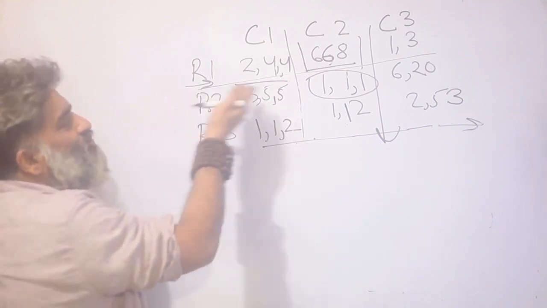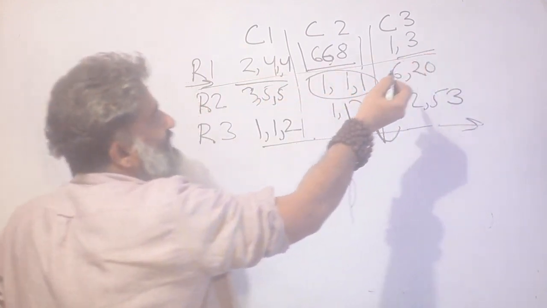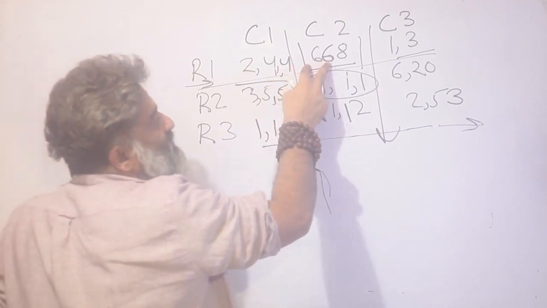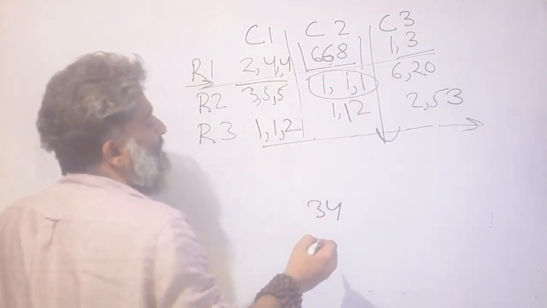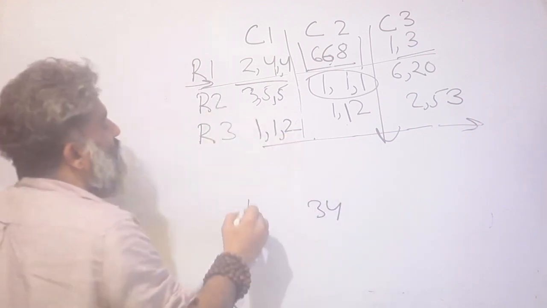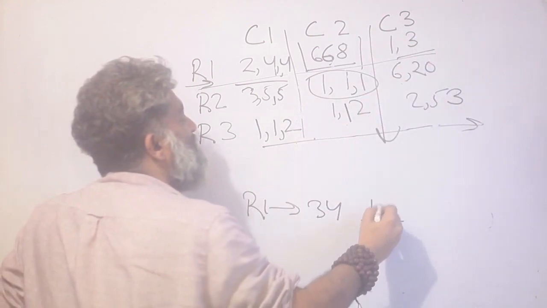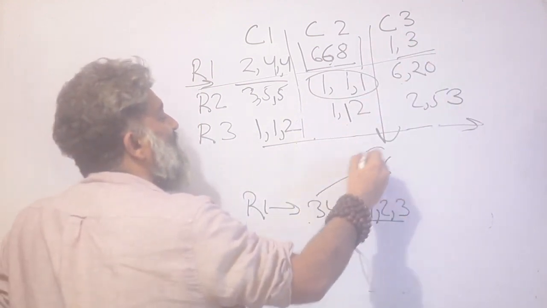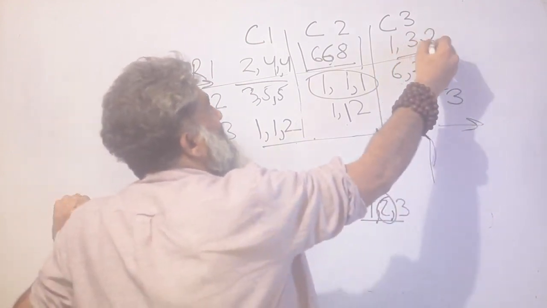So I'm randomly choosing. This looked like everything was filled out already, so figuring this out would be fairly easy. So the total is 10 and 12, which is 22, 30, and I have 34. So the total for row 1 is 34, and in the last slot I could have 1 or a 2 or a 3. I am at 34. The next multiple of 9 is 36. That means this has to be 2.